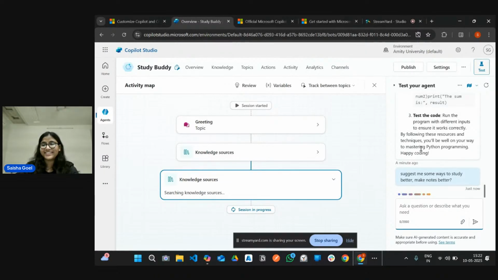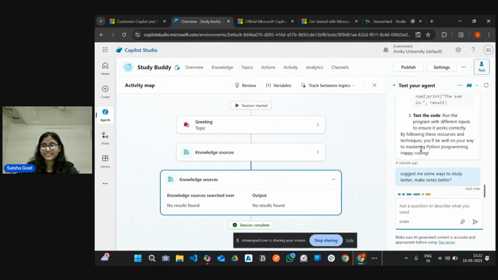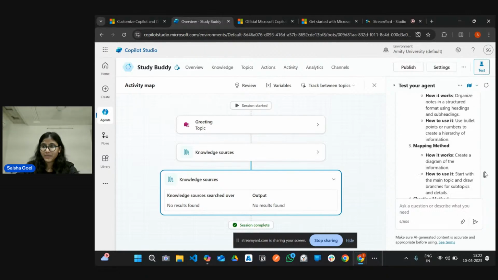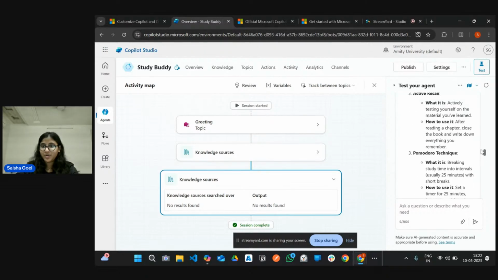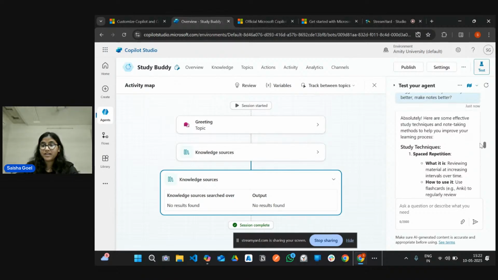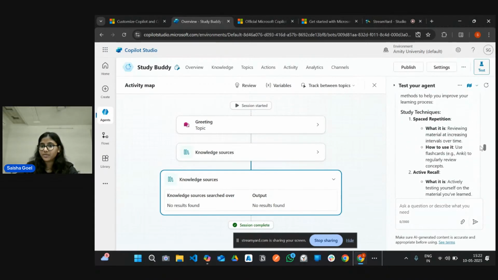It's going to take some time to generate. So it has generated us quite a response. Let's see. So here are some effective study techniques and note-taking methods to help you improve your learning process.